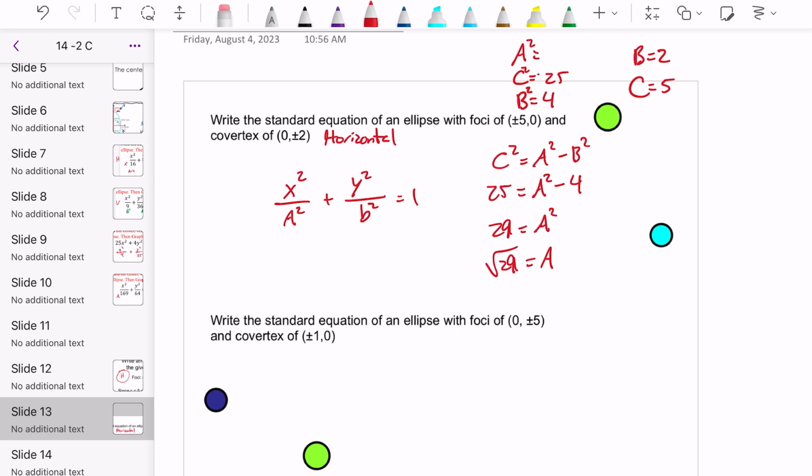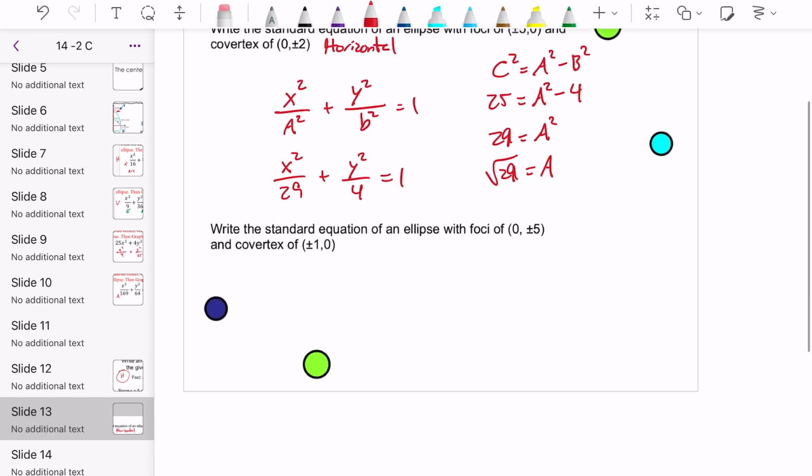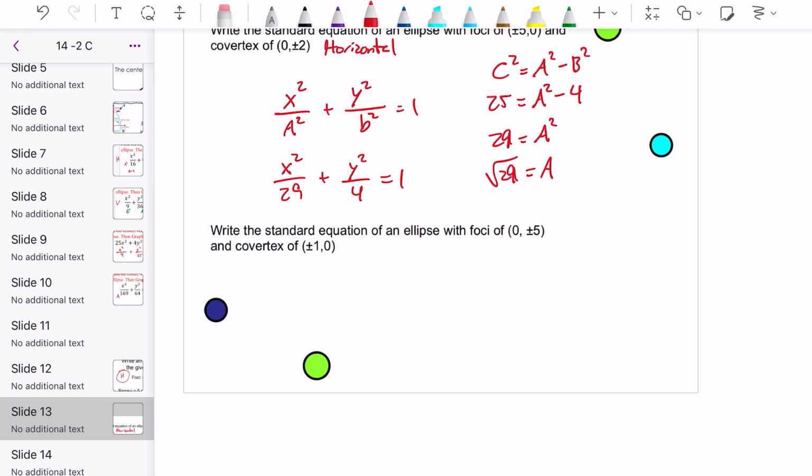So once we go plugging in our values into this equation, we would have x squared over 29 plus y squared over 4 is equal to 1. Let's go ahead and work the next problem. Our next problem,